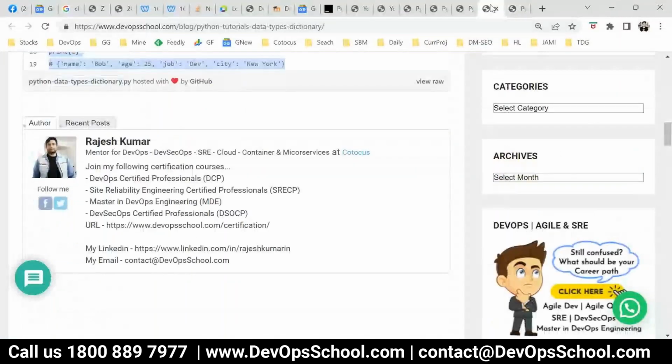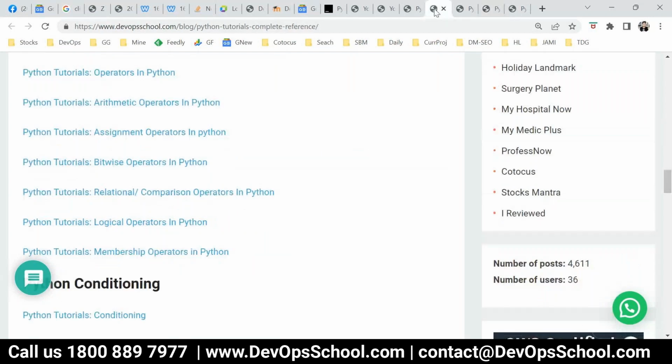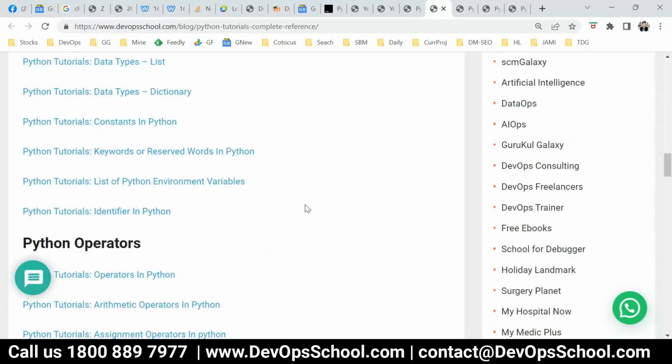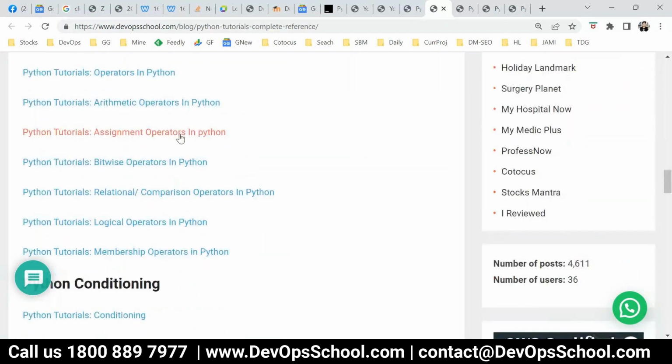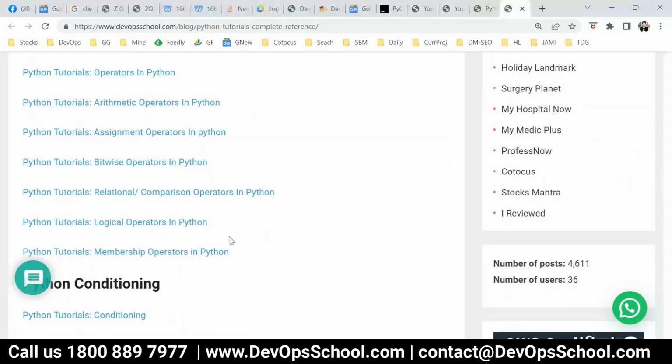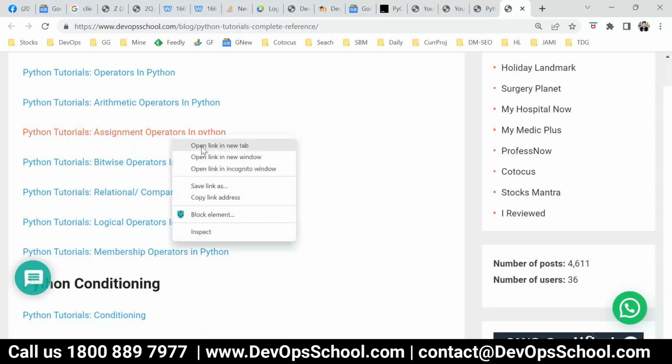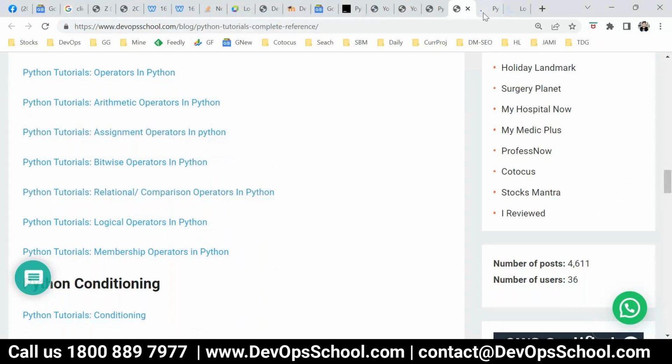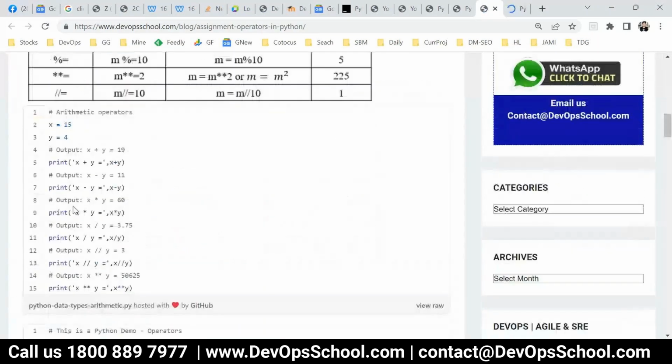Now there is one more, operators here, assignment operators. Look at this. Let me close all this thing. Assignment operator and relational operator. So these are the popular ones. So here just copy this here,